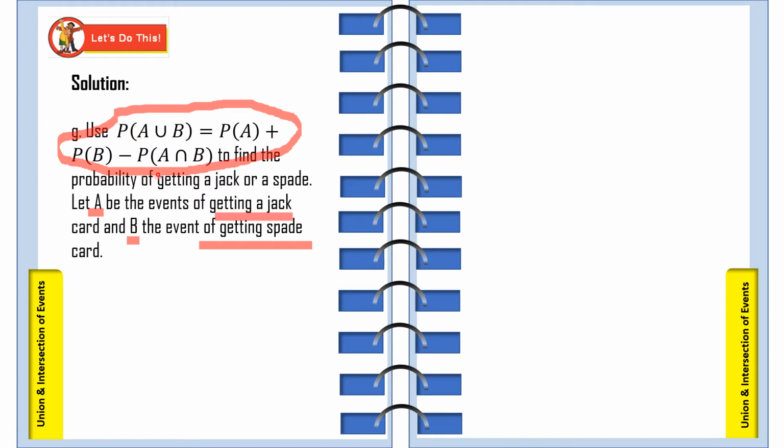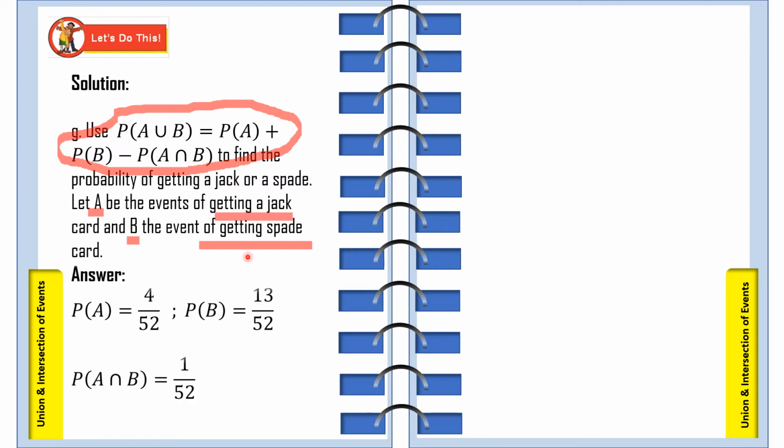Ito yung P of A intersection B. Kasi, na-prove natin na merong isang card na jack na spade. Diba? Tama? Okay. So, by solution, ganito siya. So, yung 4 over 52, ito yung probability of getting a jack. So, meron tayong 4 na jack out of 52. Tapos, probability of B, ilan yung spade, diba? 13 over 52. Tapos, yung intersection ng A and B, sabihin yung jack na spade ay meron, that is 1